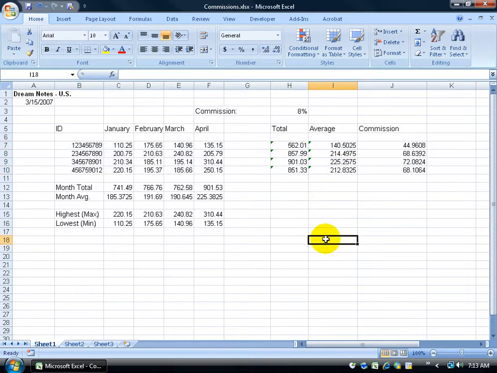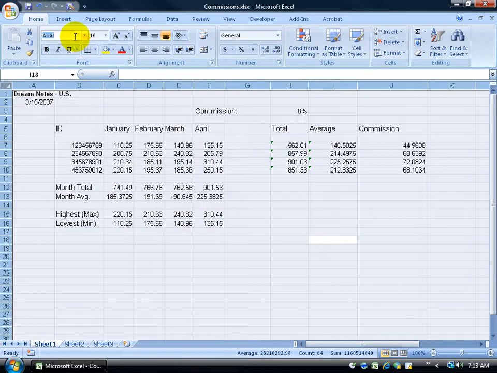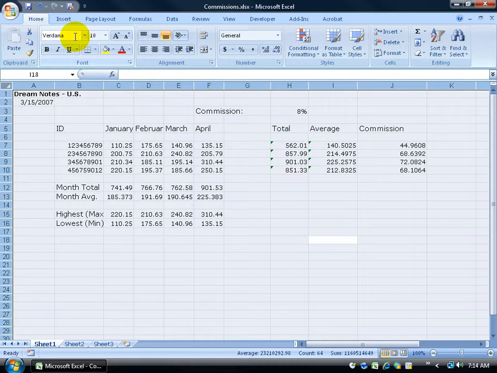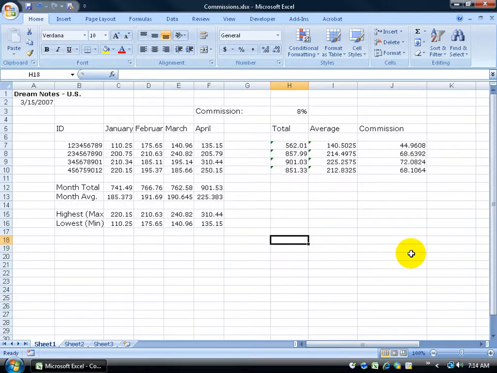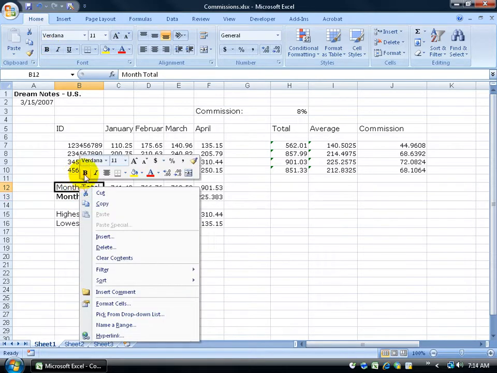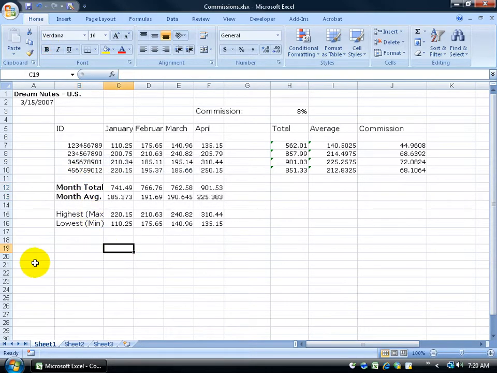But in a blank area, Control A, and then come up here and type in Verdana. And as I start typing, it pulls it up. If I just hit enter, it will automatically accept it and update everything into the Verdana font. Click off in a blank area. Of course, you can make some of these headers stand out from just your plain data over here by adding B for bold to it, or right-clicking and it brings up the little shortcut toolbar, B for bold. Of course, you can also select your cells and add some italics and underline,